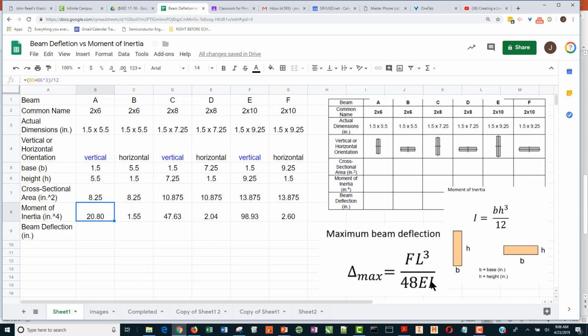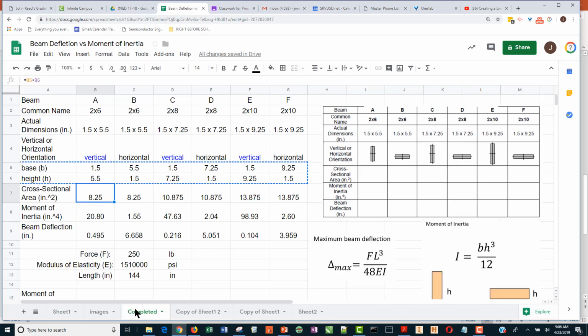And we just have the moment of inertia, which is the I down here. But what about L, F, and E? Okay, so here's a very powerful thing you want to do. So I'm going to go to the completed one,